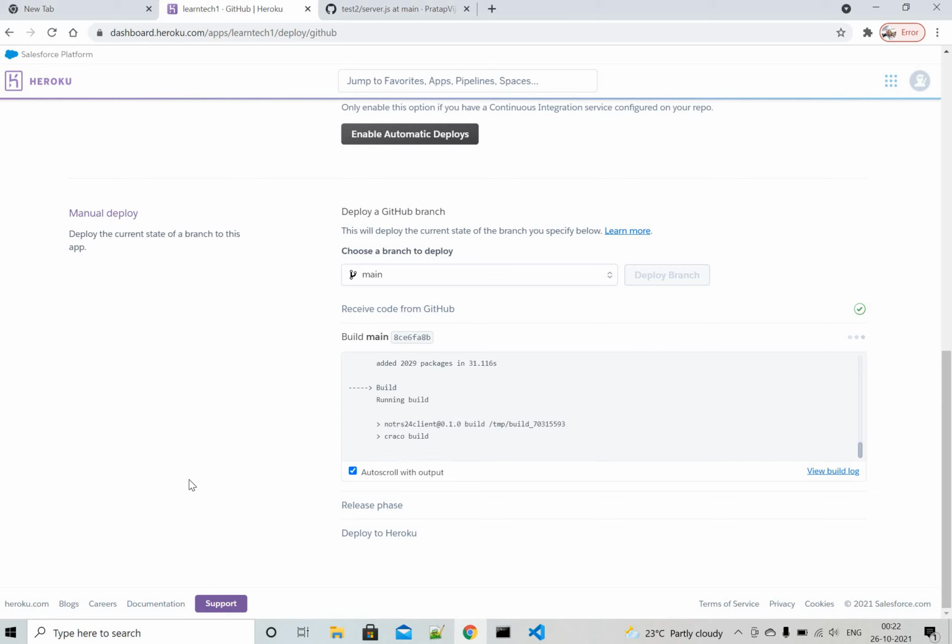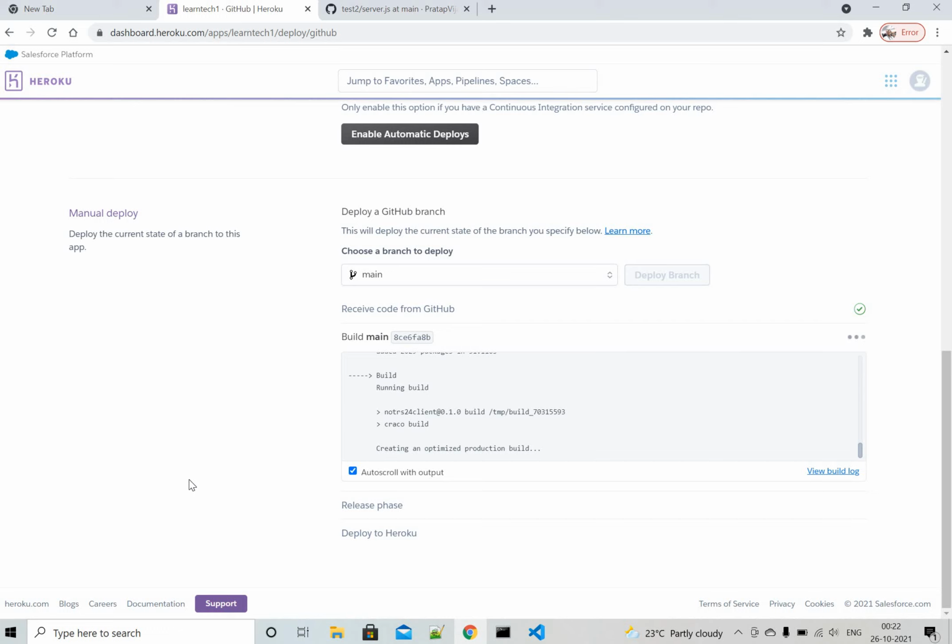You can see now it is running the build. Now it is optimizing the production build, and all those things it is doing. Just wait for a few more seconds.